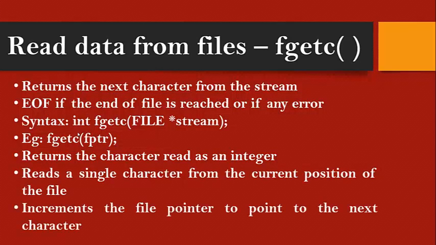There is a group of characters, or a group of letters, that are available. This function will read the first character from the current position of the file. At the beginning, the cursor will be pointing to the beginning of your file. So it reads the first character that is available at the beginning of the file, and then it increments the file pointer to the next character.